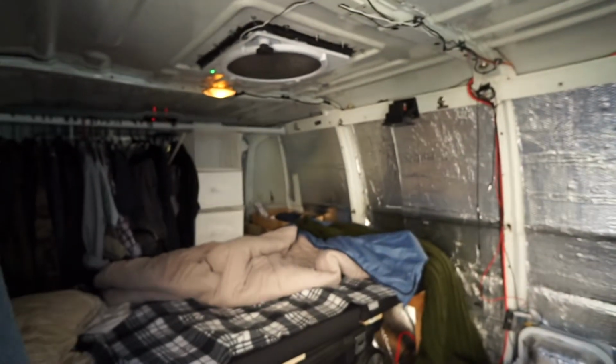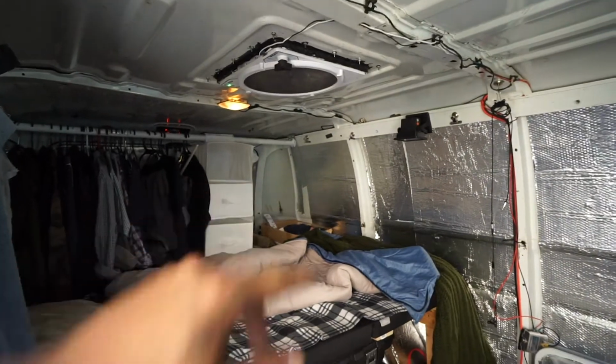I'm back here at my parents' house to pick up some stuff I need for the build. I have some sound deadening because I ran out. I actually sound deadened the rest of the left side, the driver's side here for the most part. In the back, there's some missing there, you can see. So I just need to finish that up and then start on this side. But in order to start this side,